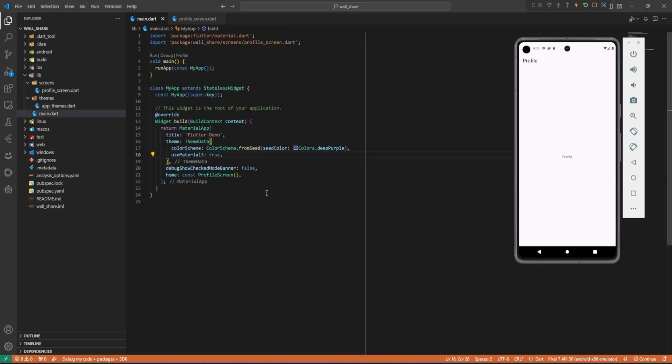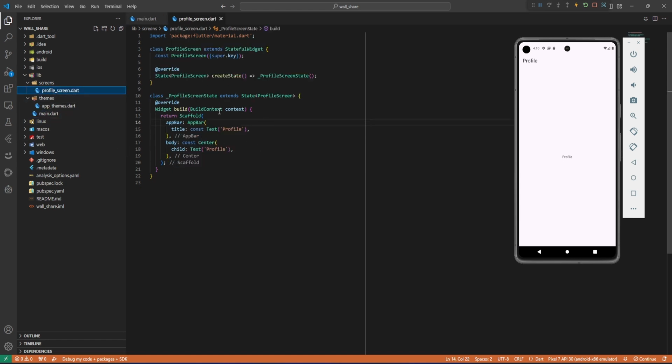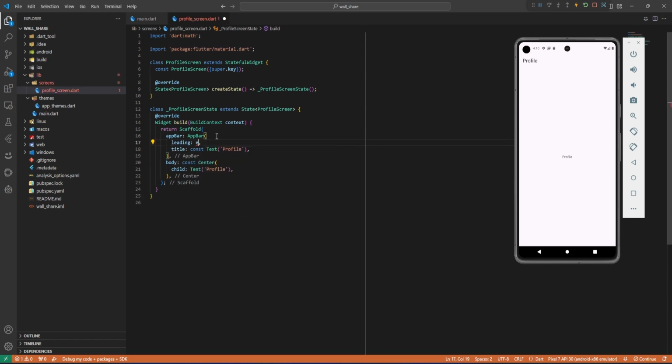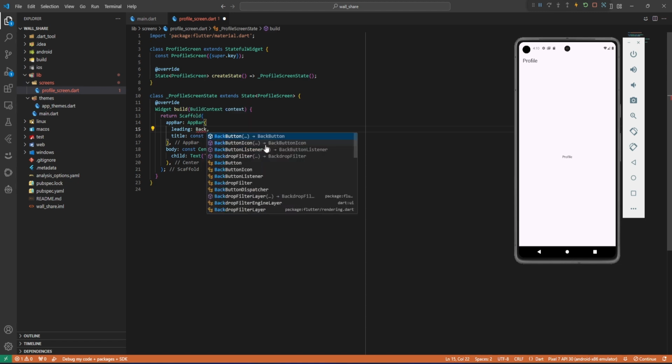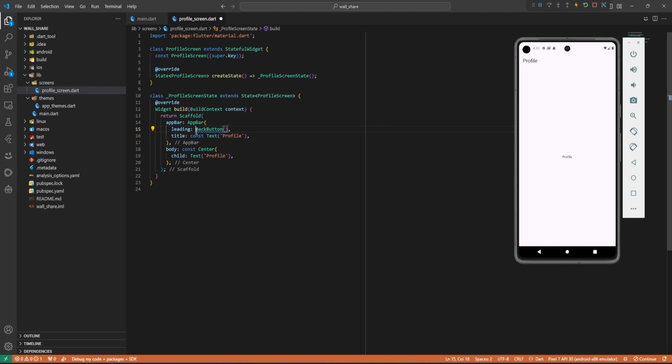Now we need to go to the profile screen. So let's come to the profile screen. Here in the profile screen, now we need to determine the theme. In the app bar, first of all, let's have the leading of this app bar. So the leading, we're going to have a back button